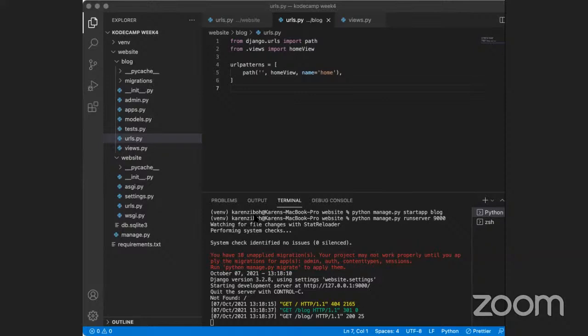So now if everybody has gotten to the point where they can see the home view of their blog,